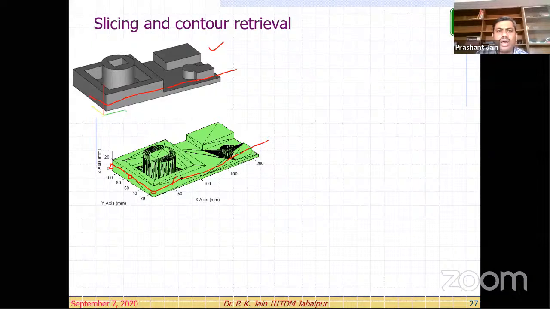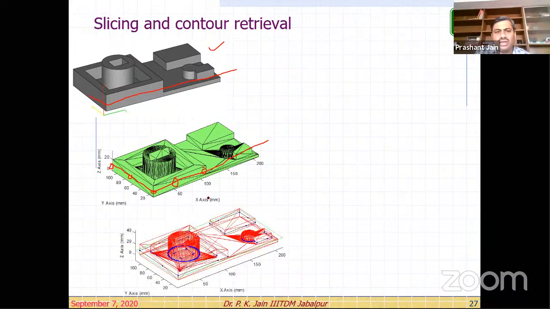And then we need to arrange them in a logical sequence, right? So look at this. The same STL model now in the form of triangles only. So you can see the red colors are the lines of a triangle. There is a green color.